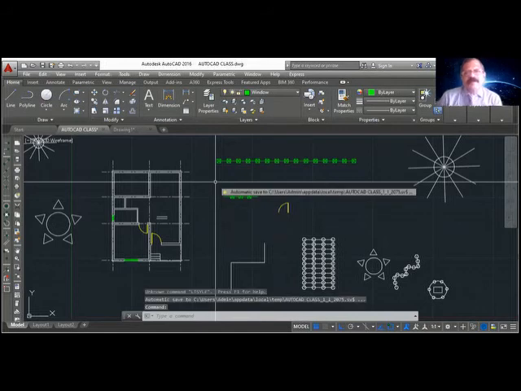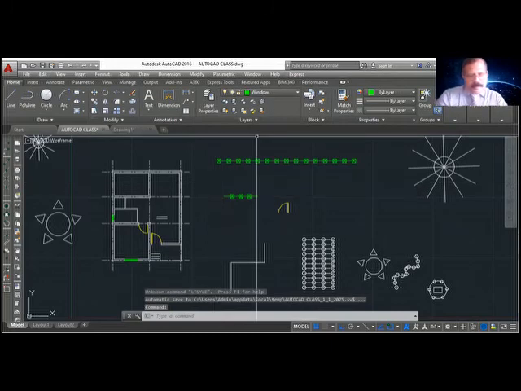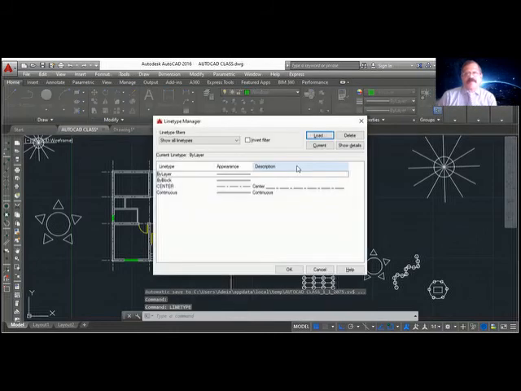Is there any command like LTSTYLE? There is no LTSTYLE command. Say linetype. To create different types of line types, you have to say linetype.